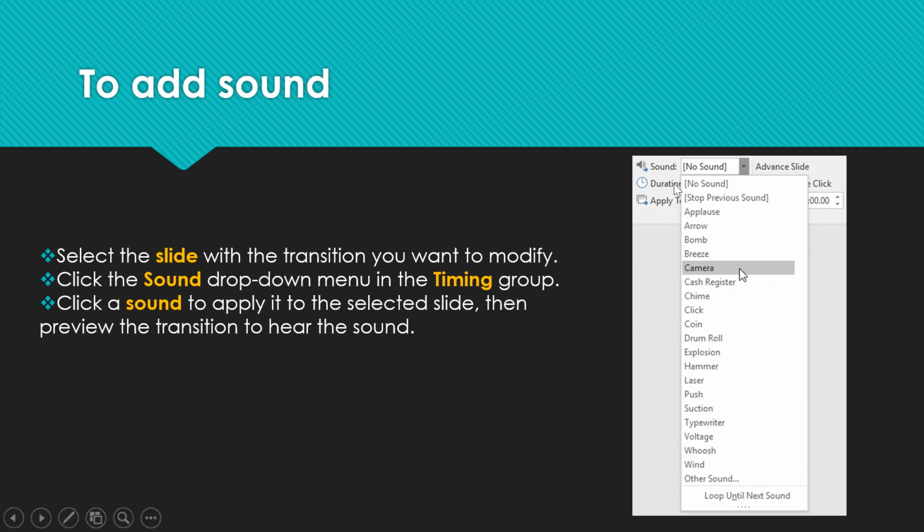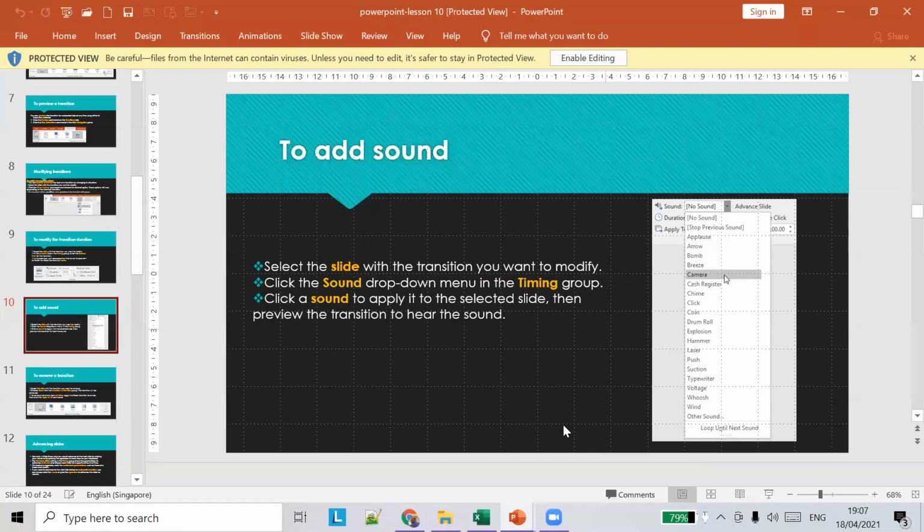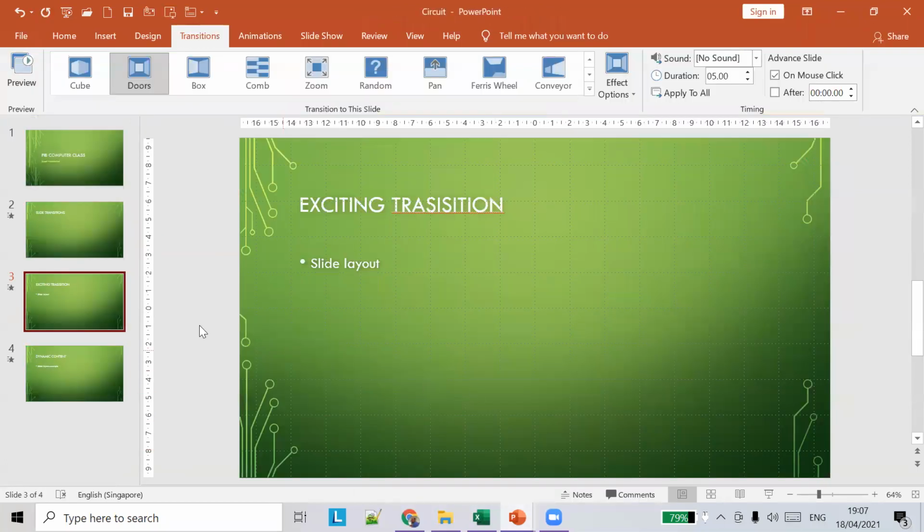So we're going to see how to apply a sound for the transition. You can see the duration here, and just above it there is something called Sound. By default there is no sound for the transition, and we are going to apply a sound for the third slide. Remember there is a third slide, and by default you can see here under Transitions there is no sound applied.